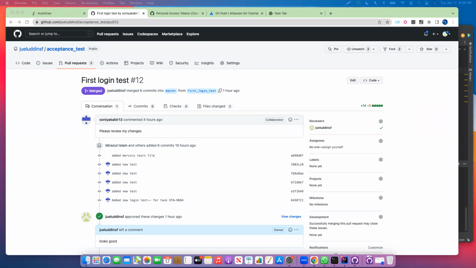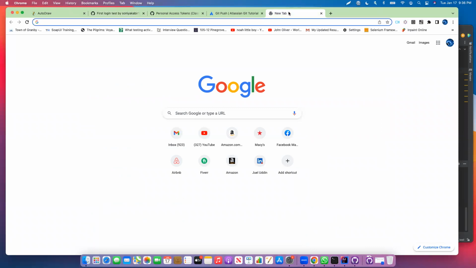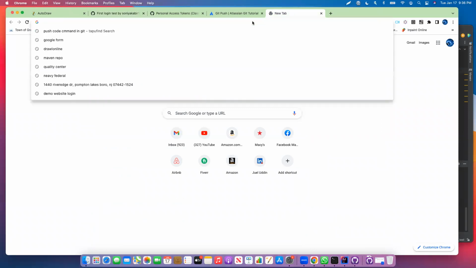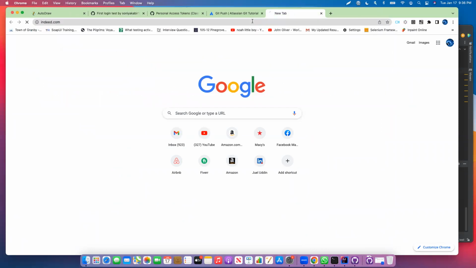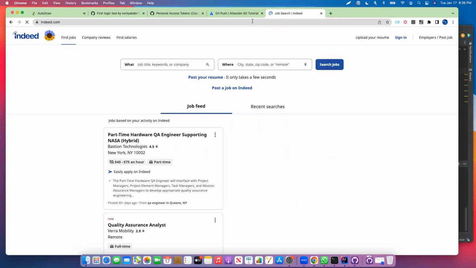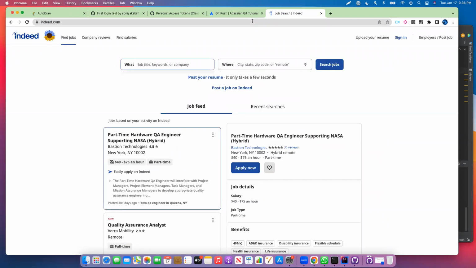We set up one interview, we do it, we fail, no problem, do it again, and keep doing it until we get that offer. And not all the offers that you're going to be getting are going to be good, right? So let me just go into Indeed for now. So not all the positions that are out there, right? Let's say